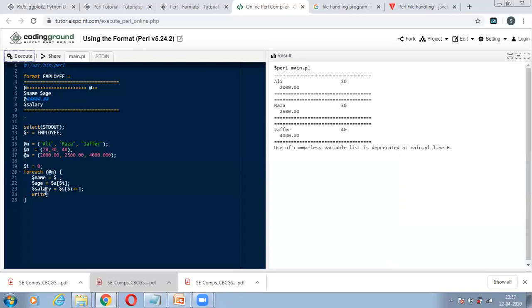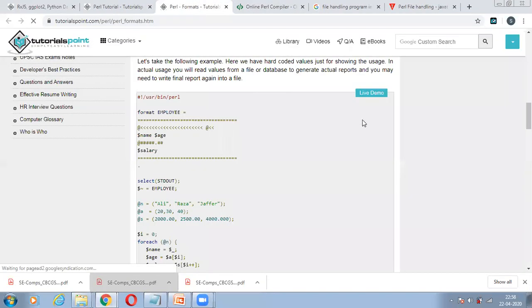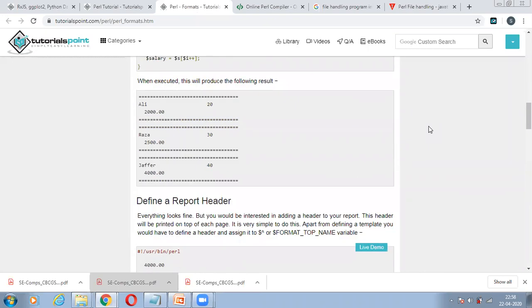So what kind of format do I want? I want these three particular values to be repeated time and again, right? These three particular values, that is the name of the person, then age, and then salary. You want to simply put it in a particular format. So what I try to do here is simply select it out. The select standard output command is there, and then employee details are there. And for every command, I'm simply repeating this statement. So whatever statement is going to print, it is printing in this particular format. So this is what the formats available in Perl are, right?